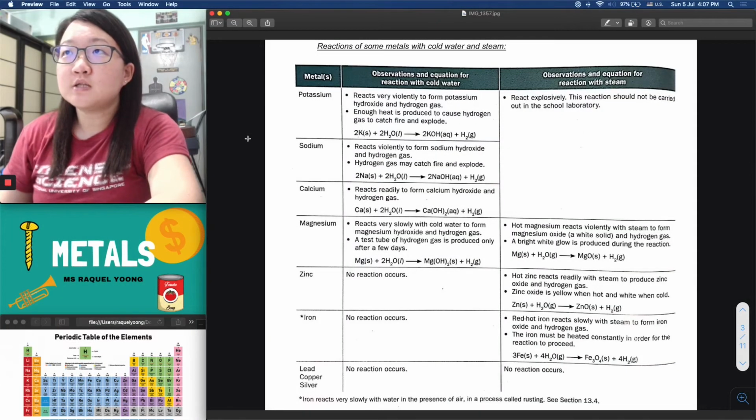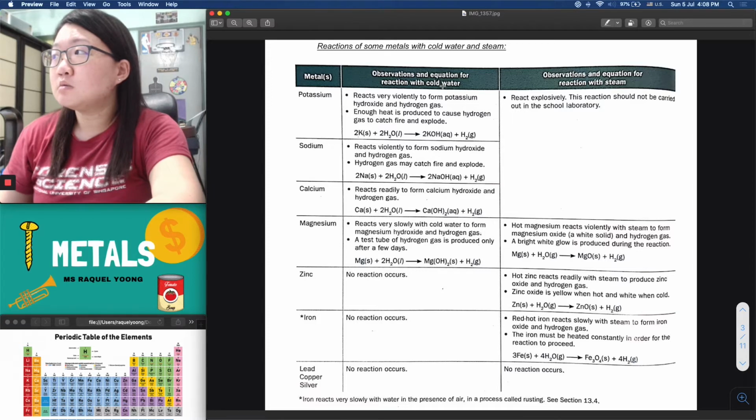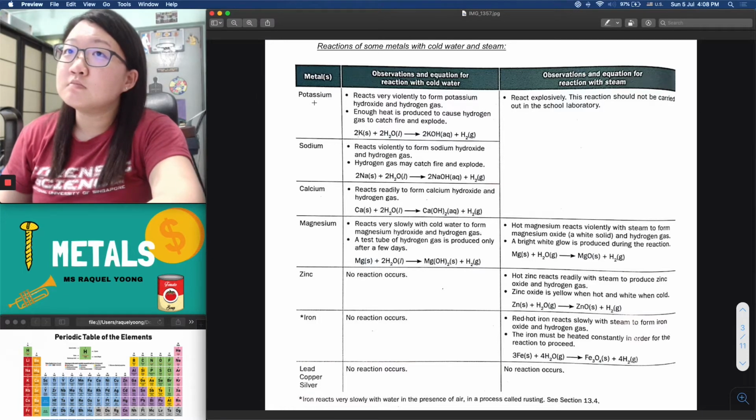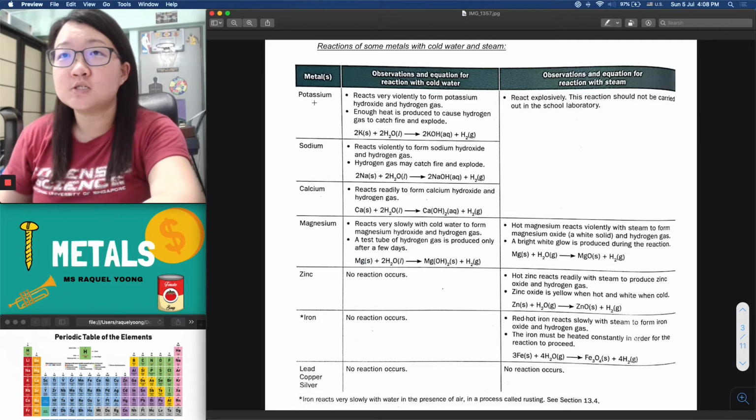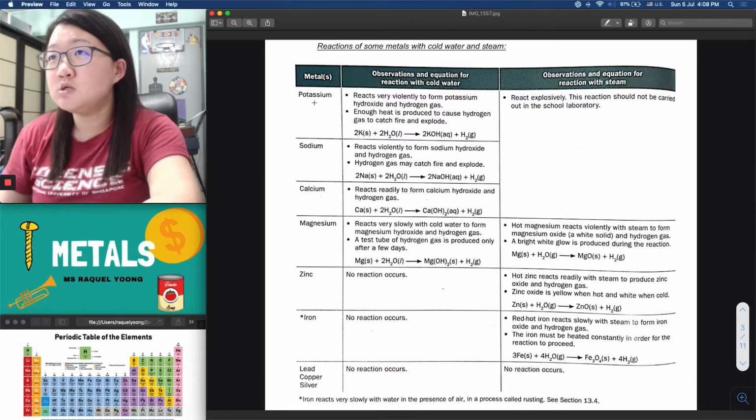So if we have a look at this right now, this table is a summary of the observations as well as the equation for the reaction of the following metals together with cold water. This table is found on the next page of your notes. Likewise, it's also found in your textbook. So for instance, let's look at potassium, right? Again, why is potassium found right at the top of the reactivity series? Because